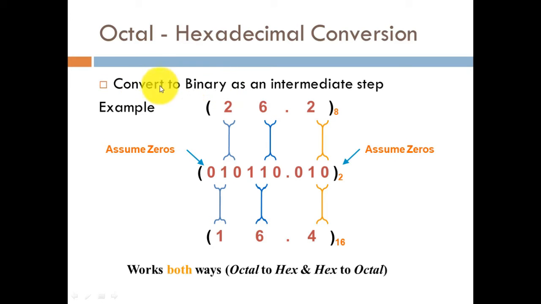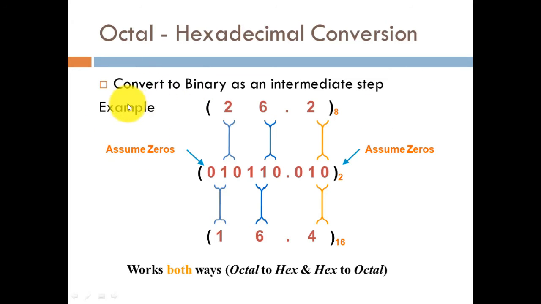So whatever number system we have, whether we are dealing with octal or hexadecimal, it is quite easier if we convert them into the binary number system. It is a convenient way, and then we simply take a group of bits. If we need to convert into hexadecimal, we take a block of 4 bits, and if we are converting to octal, we need to take a group of 3 bits.